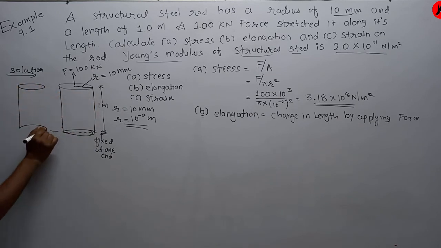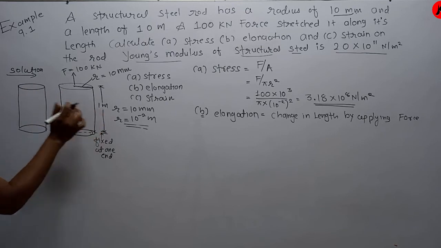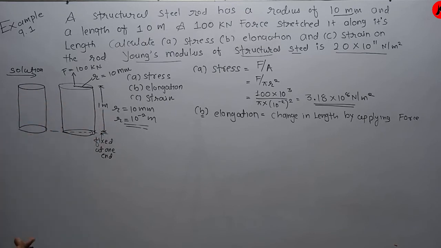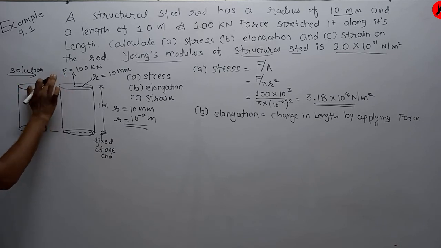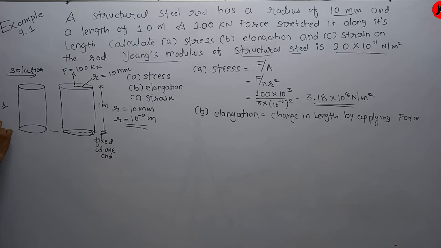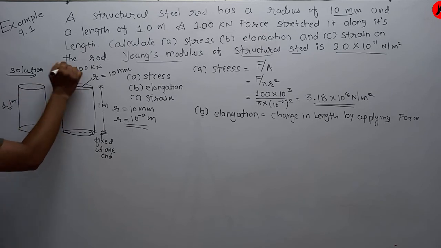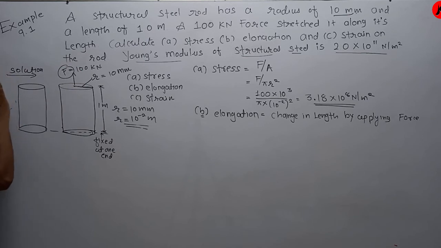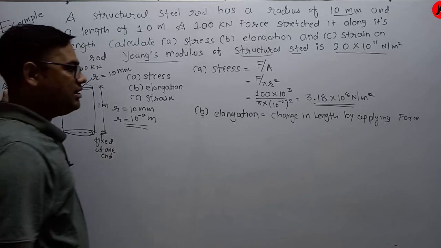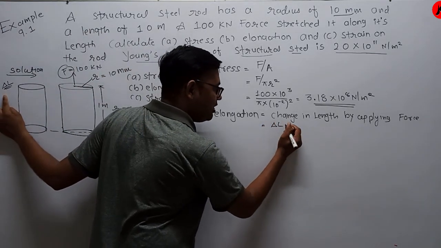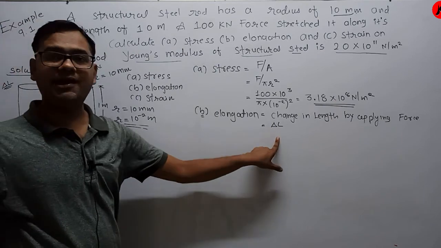be changed, right? Here the length of the cylinder is 1 meter. I am just giving you a rough idea: it may be possible that after applying this stretching force the new length of the cylinder will be like 1.1 or so, which depends on the value of the force, right? So there may be a change in length, or we can consider the change in length as delta L, right? So elongation is nothing but the change in length, delta L, right?